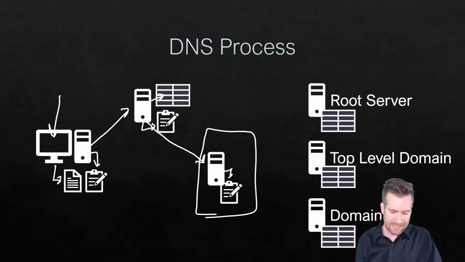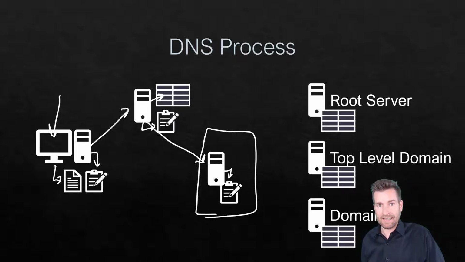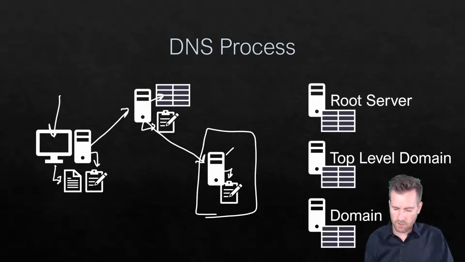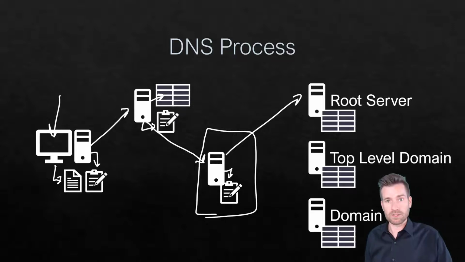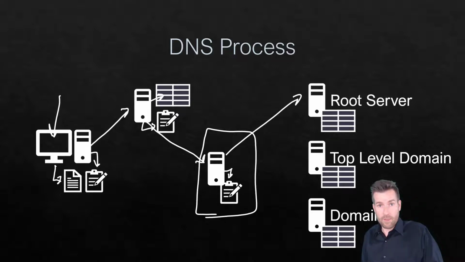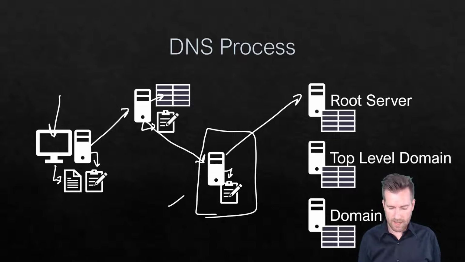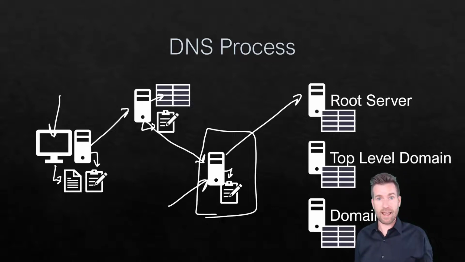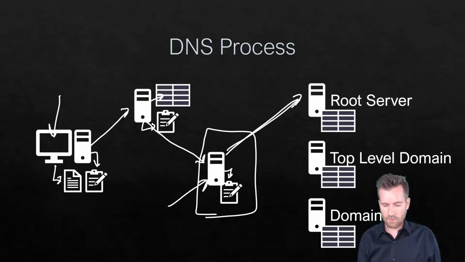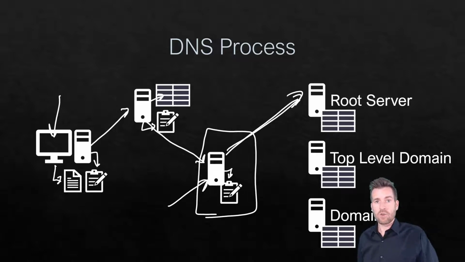It's going to look at its cache and say, do I have it already? If not, then I'm going to take a look at my root servers to find the information out. So it goes out and looks at the root servers, or one of the root servers. Usually this machine will have a lot of different root servers on it, and it will randomly choose one of those root servers, go out to that root server and say, who belongs to